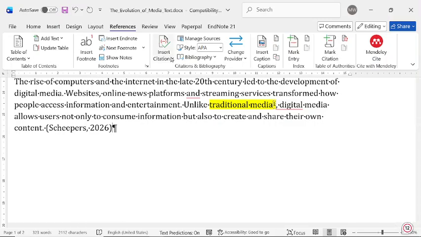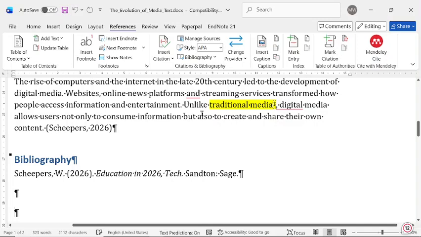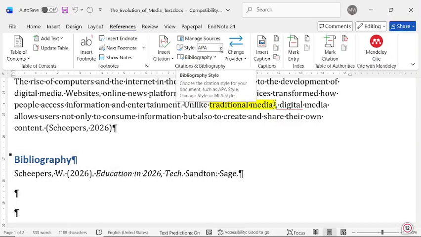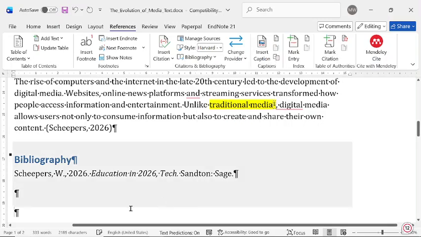Now a key thing is this will also allow you to, at the end of your document, create what we call a bibliography, and all the sources that you've inserted this way, you can now go and click on Bibliography, and you can see there it is in the APA formatting style. Now if you were to go to Harvard, you see Harvard style is here, so I just clicked on where APA is, and you can see that there's a small difference, such as the 2026 is not in brackets anymore.